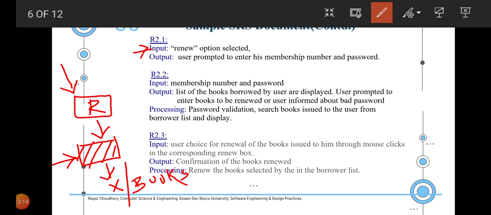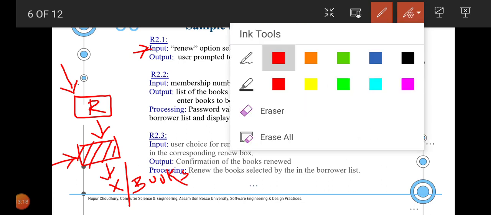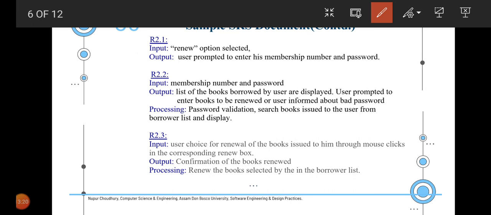So the third one was, I have now received the list of books that has been borrowed by me. Now I want to renew those list of books. So the last point of R.2.2 will not serve as the starting point of R.2.3. Instead, the input will be a user choice for renewal of books issued to him through mouse clicks in the corresponding renew box.